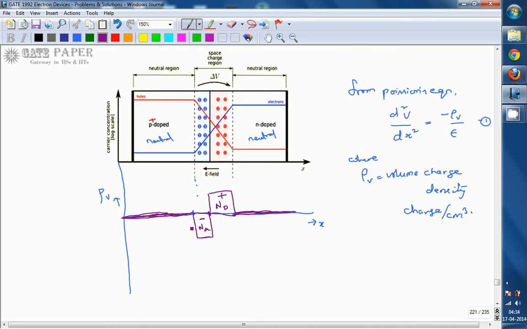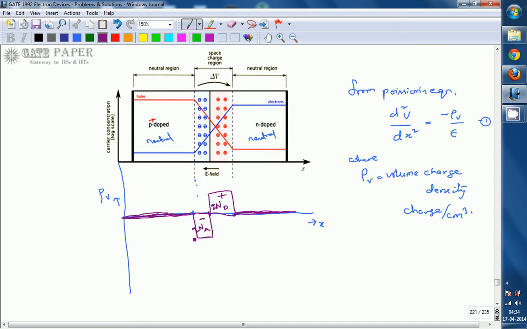Charge density is nothing but charge per unit volume. Na, Nd have units of per centimeter cube. Acceptor concentration and donor concentration per unit volume, that is per centimeter cube, we generally specify. So directly we are writing Na, Nd. And each has a charge of q. You can think of this as q times Nd, this as q times Na. Each acceptor and each donor has a charge of q.